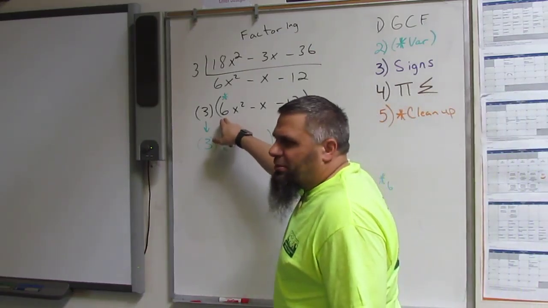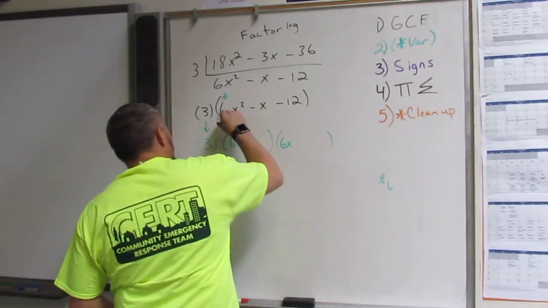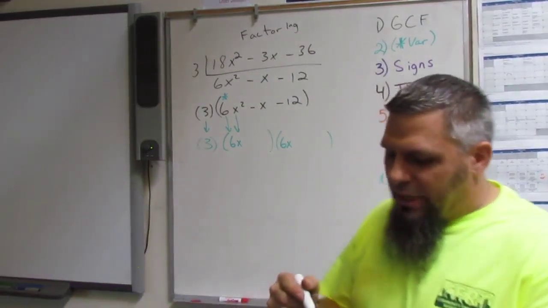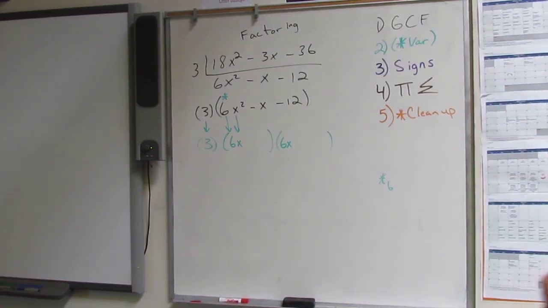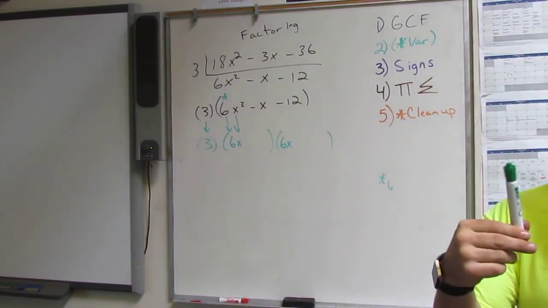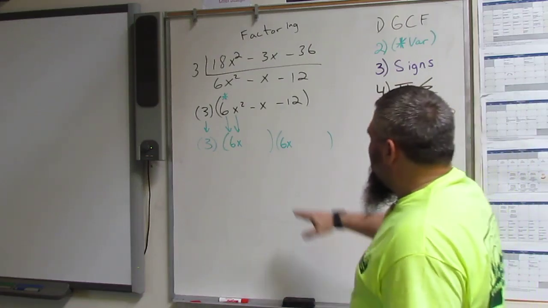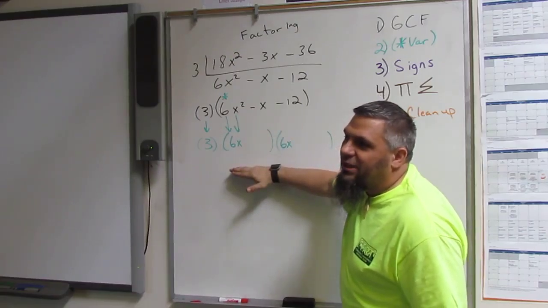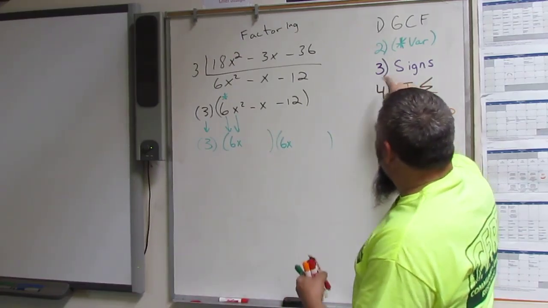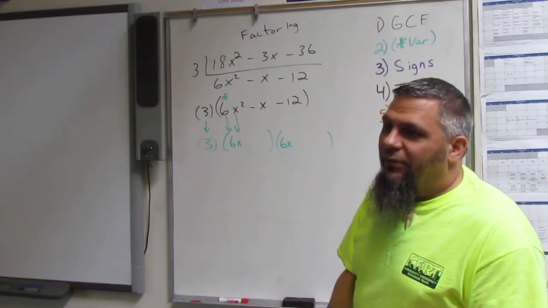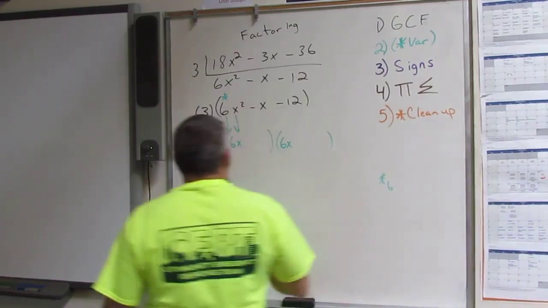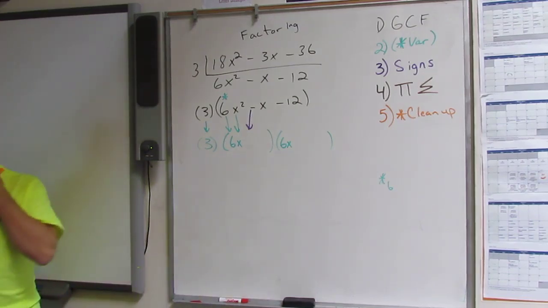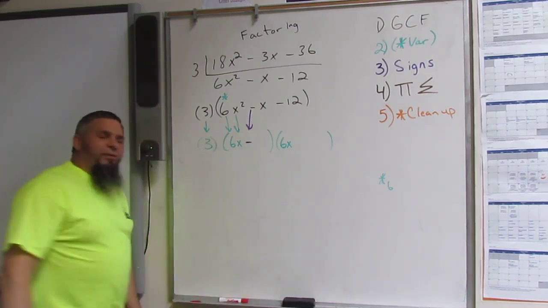You squeeze out the glue, you put a little bit extra down so you can clean it up after. It makes for a quick job. This is exactly the same thing. I threw in a little bit of extra so that the numbers are neat. So it's really important, and it's simple. Just bring it down. That's all we're doing. Now, are you using different color pens? Because if you are, you can continue with this. If you're not, you need to make another layer. So when we go to signs, if I'm using 2 colors of pens, I can say, okay, I'm bringing down this sign, and that sign goes right here. But if I'm using the same